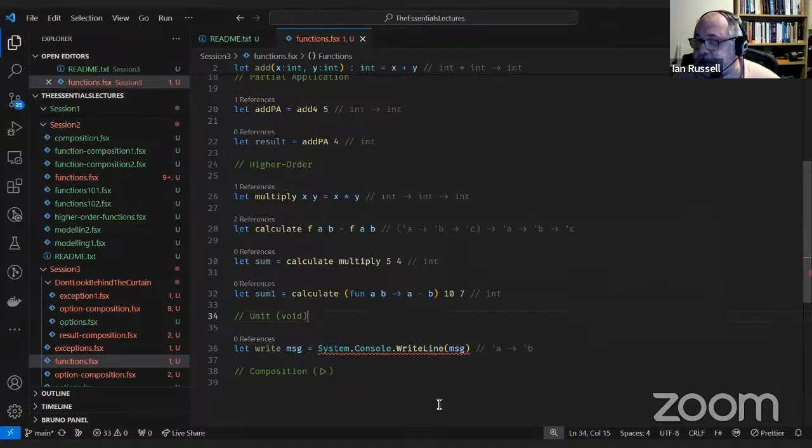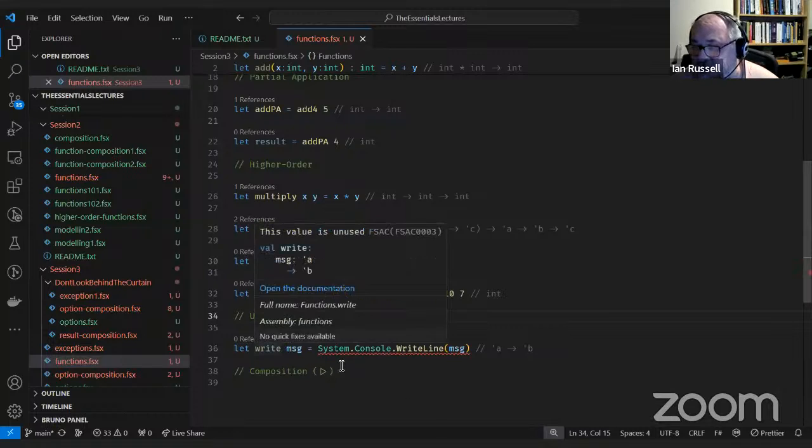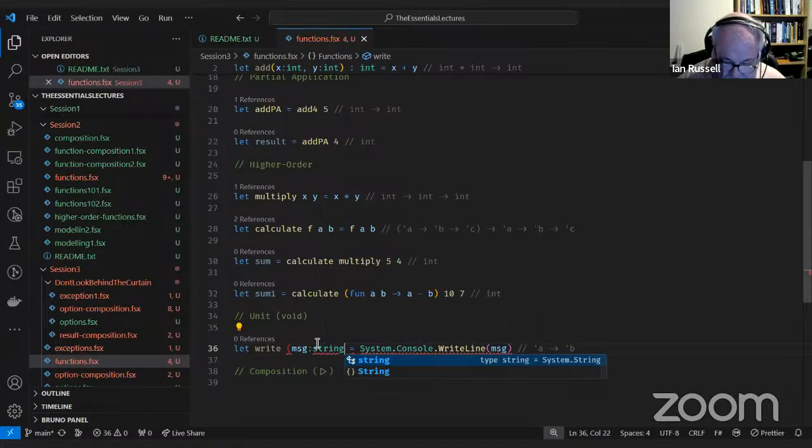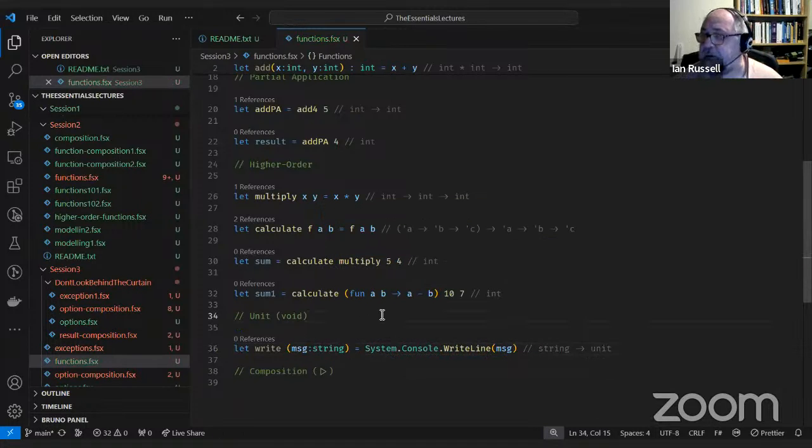Now F# doesn't support overloads, so we need to be explicit about the type. In this case, I'm going to set it up as a string. So the compiler tells us when it can't find something out. So again, trust the compiler.